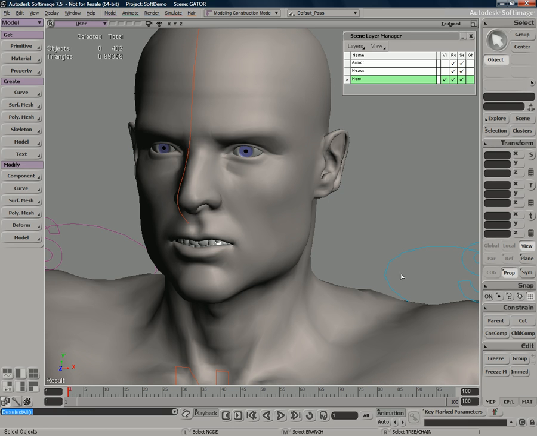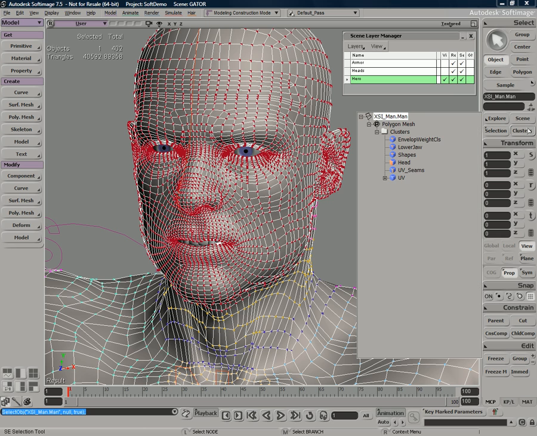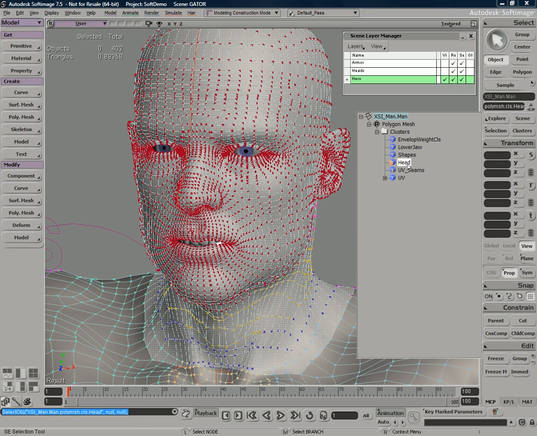So what we'll do here is select our object, and I've gone ahead and pre-created what's called a cluster. A cluster is just simply a tagged or selected group of points or polygons that you can then assign a local material to. You could assign a deformer to that. Really just a nice way of grouping part of your mesh into a separate entity, which you can then apply different types of attributes to.